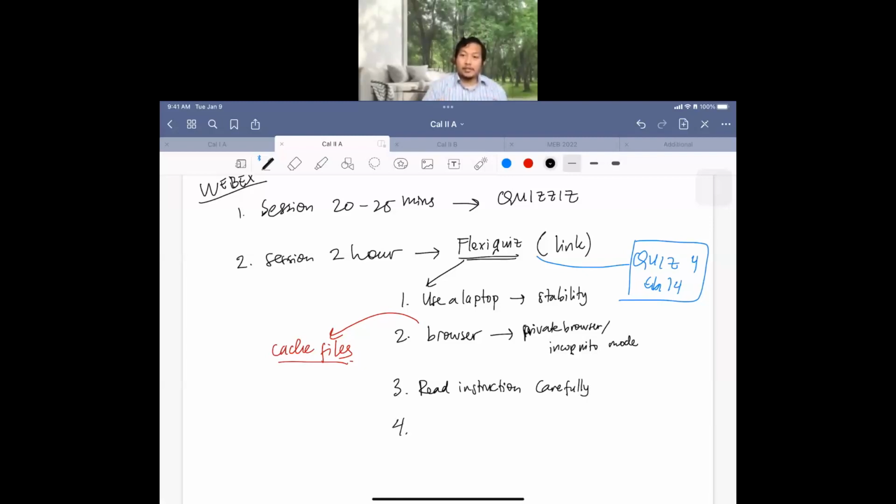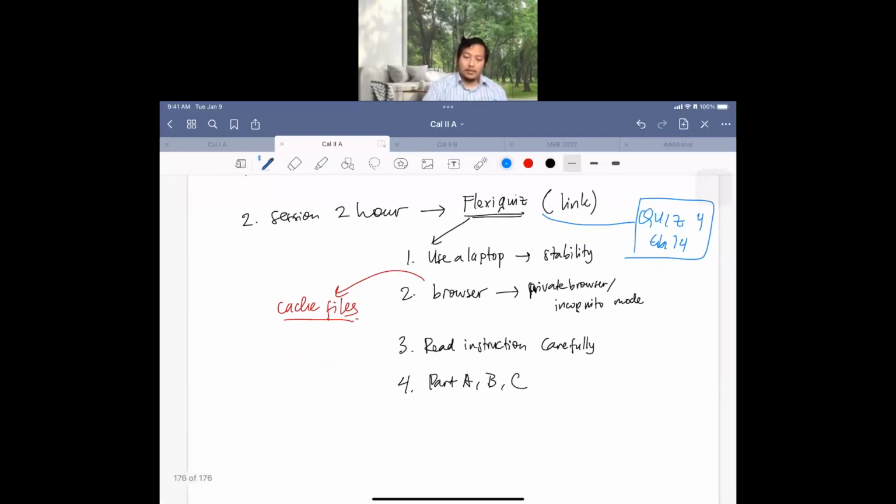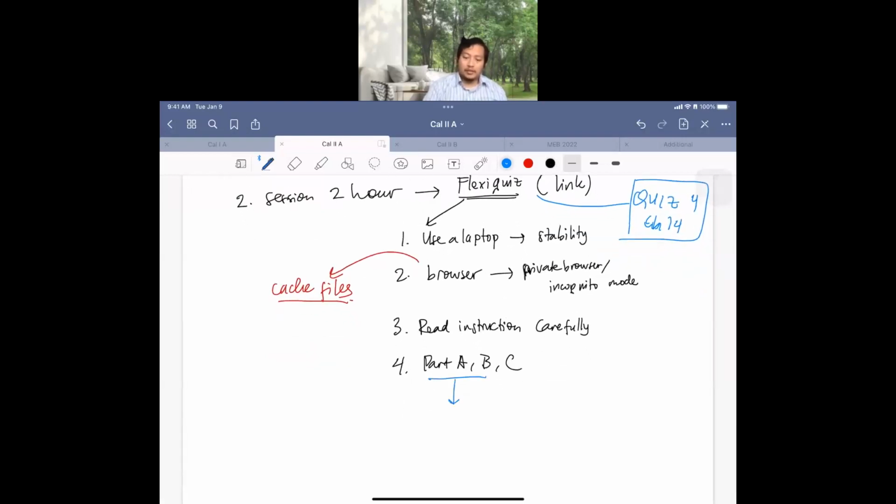There will be 3 parts in these sessions: part A, B, and C. For parts A and B, you just need to fill in the form, and I will make a scoring based on that form. And for part C,